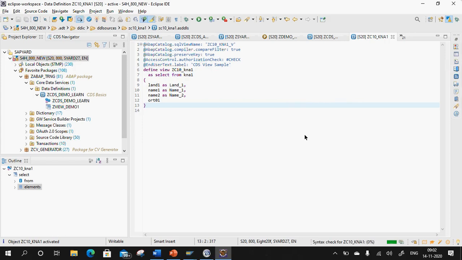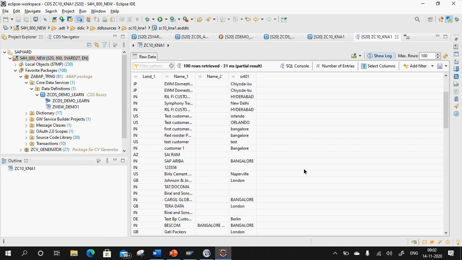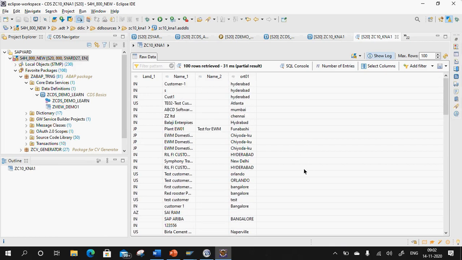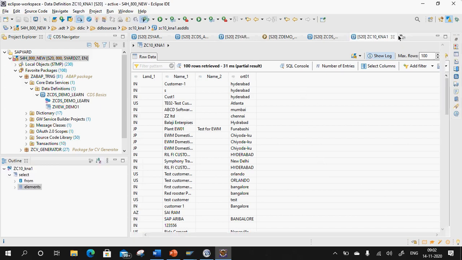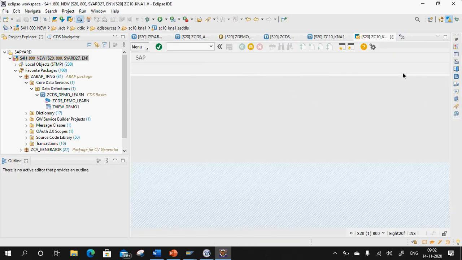Let me activate the same. So now let me go to the data SQL view of the same.